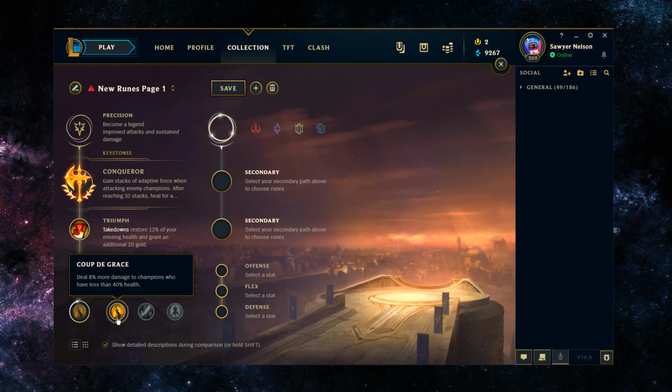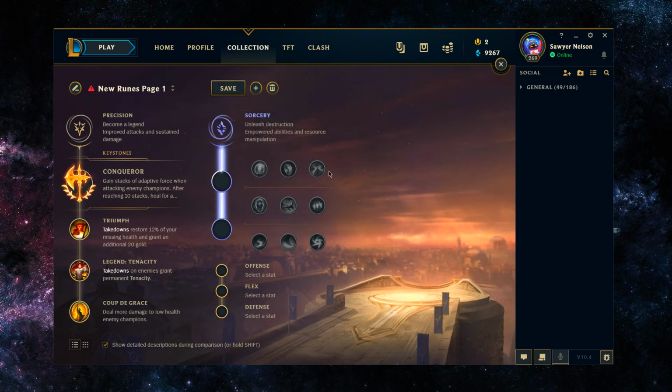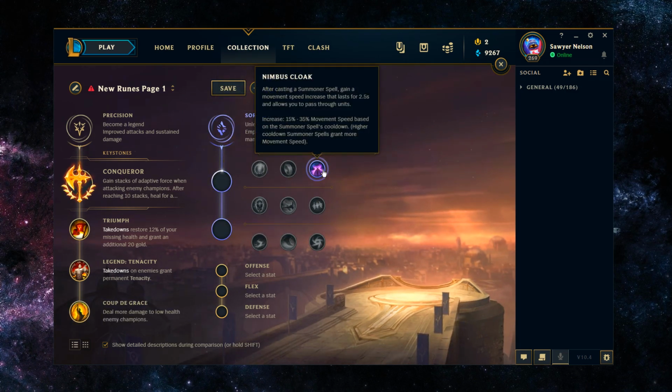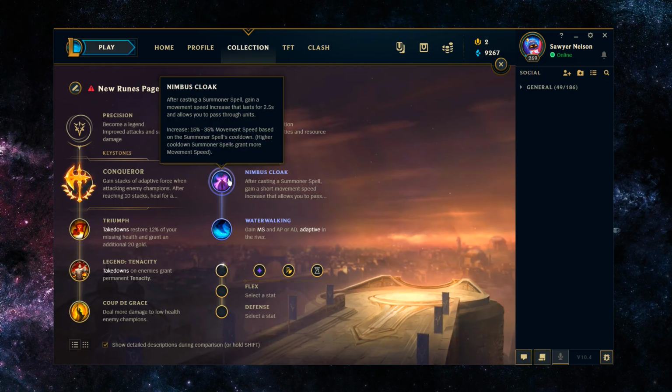So lots of ways to use that. And then if you're running this, I think that you'd probably be looking to run Sorcery Second with Nimbus Cloak and Water Walking. Nimbus Cloak helping you have more slipperiness again. After you cast a summoner spell, you gain a movement speed increase that lasts for 2.5 seconds and allows you to pass through units. So with that, with your Blue Smite and Flash, it makes it really, really lame